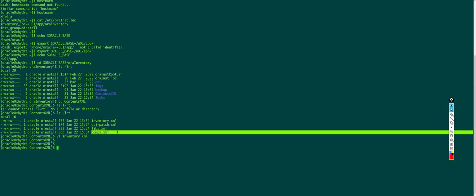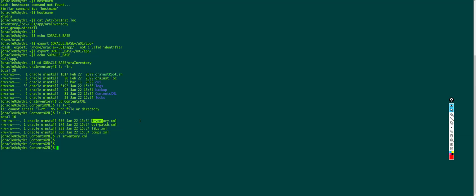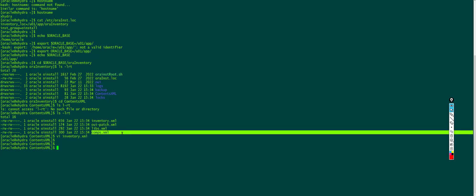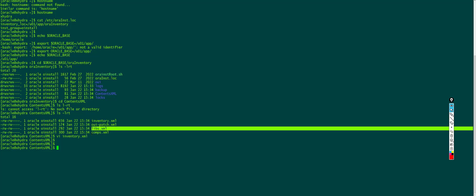Since we don't usually check all these files, we don't really bother about them. But you should know that in case there is an error, or someone mistakenly removed something, definitely you would get some issue while installing or upgrading the databases, or in any activity. If you are patching, the Oracle OPatch utility will refer to the local inventory. It's not about the central inventory, but the central inventory is very important, because without the Oracle Home software information,